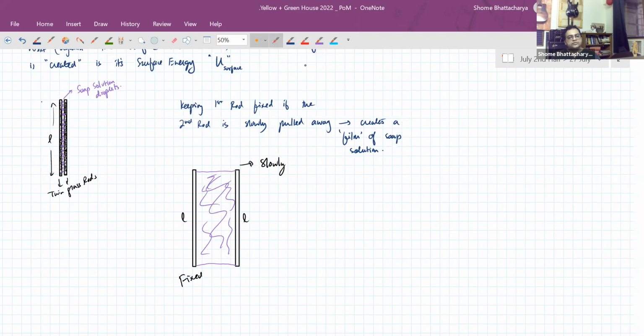So if you look at this side view, this is the cross section of the two thin glass rods. You will see there's a film of liquid which is at least a few microns thick. So this is a film of liquid bounded by two surfaces, on each side. Surface 1,